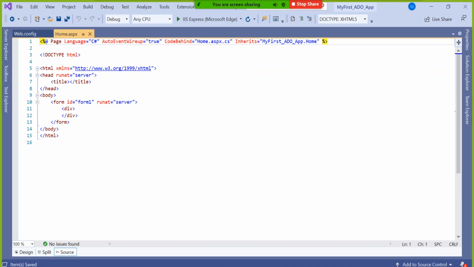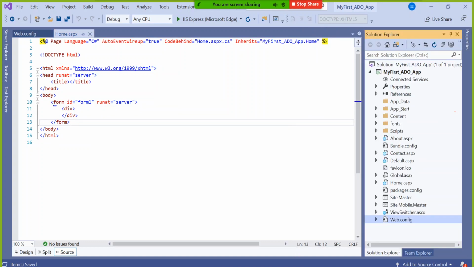Your page is called home.aspx. Just 10 or 15 minutes back we created it. Where should we go? If you go to Explorer, you can see home.aspx somewhere. My mouse is there, home.aspx. Just expand that arrow mark. You will see there are 3 files. All are named home only, but the extension is a little different. The first one is called client page, the second one is called server page, and the third one is called designer page.